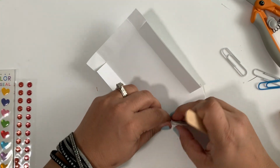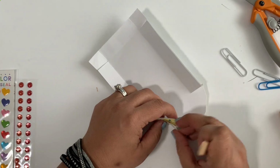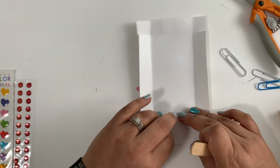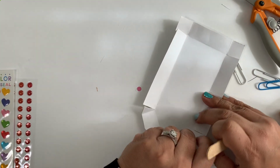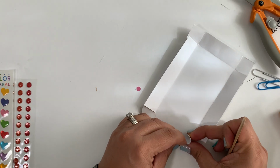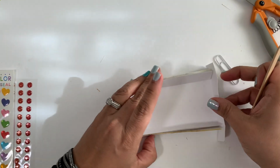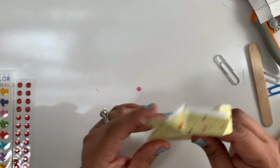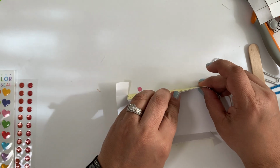Okay. We've got to fold here, and then here. This might actually be better to just fold with your fingers. We'll fold this one, and here, and the flaps. Okay, looks like I've got everything folded. I'm going to go ahead and take my template off. I'm not going to need it. I want to make sure that one box is going to fit in the other. So I'm going to go ahead and